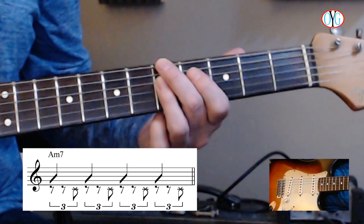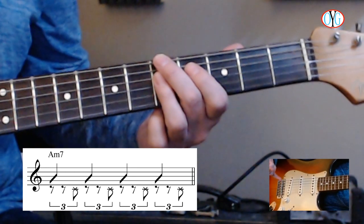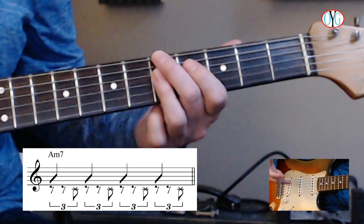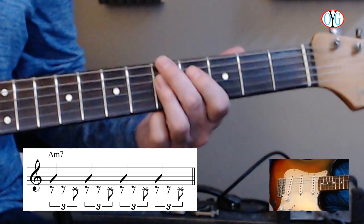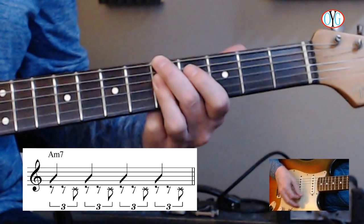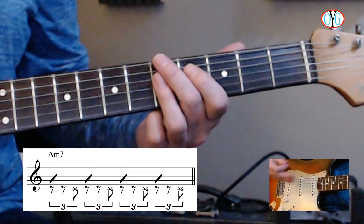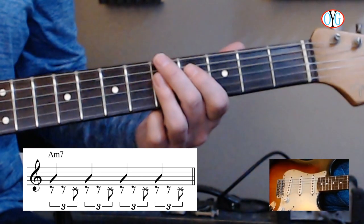And so it's 1 and, and there's a hesitation built in there because of the existence of the middle note of the triplet feel. I'm trying to explain this as simply as possible. Basically, you're going 1 and 2 and 3 and 4 and. You've got that hesitation, taking into account that it's a triplet feel, even though it's written out as just straight